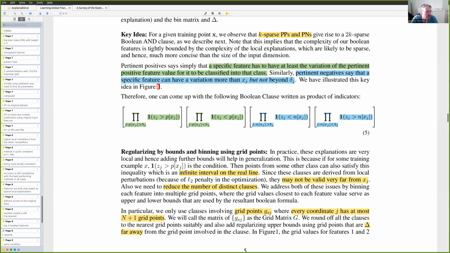One of them goes really far towards the average, and it still gets the same output. The other one moves really little and still gets a different